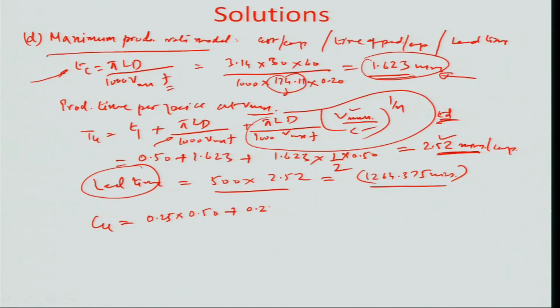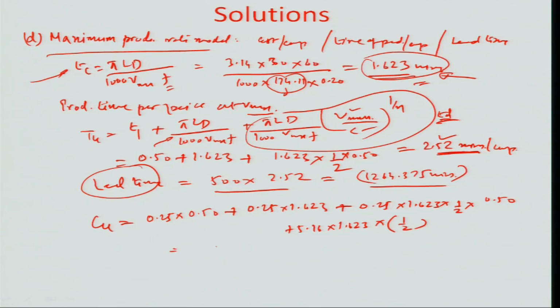So I am just going to take the cost equation and modify the time here to 1.623, adding also the cost because of tool change, and simply substituting the different values corresponding to this particular Tc value,